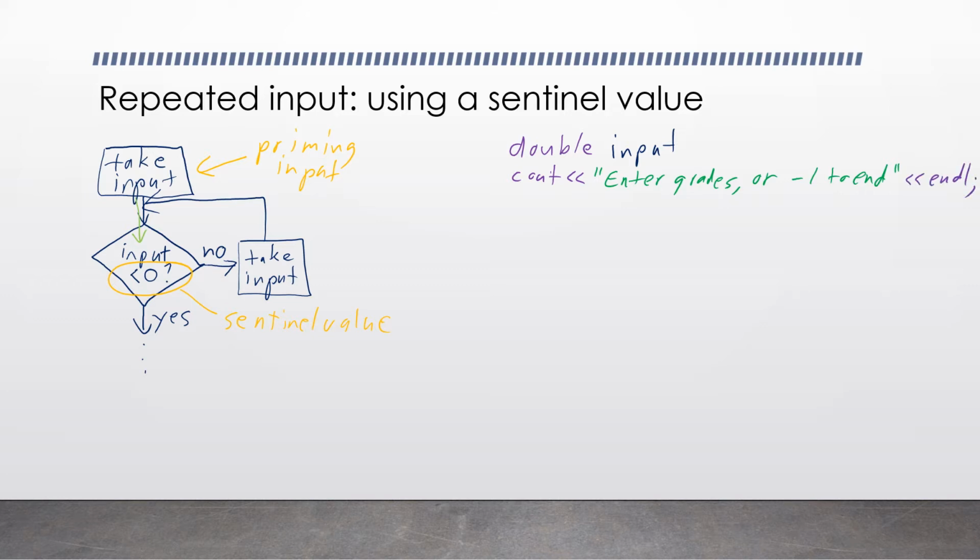And then we'll cin input. We'll read their first input, and while input is greater than or equal to 0.0, because it's a double, we've got to use a double value there,